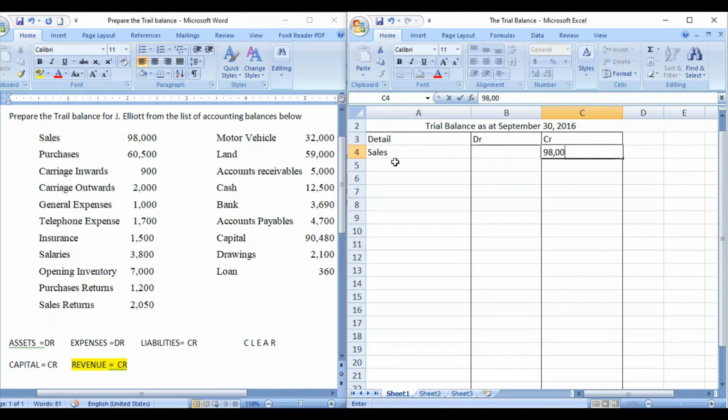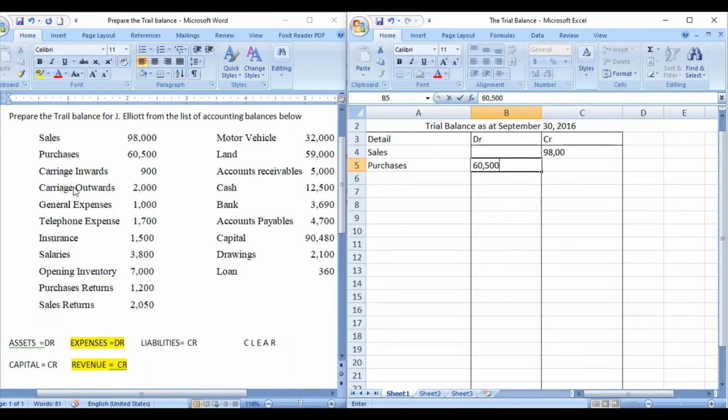Then our next account is purchases. When you purchase stock or inventory, whatever you purchase, those are expenses. So purchases is an example of an expense account, and right here we have it. Expenses carry a debit balance. It means therefore that you will debit purchases. So you go to your trial balance and you put in the detail purchases, you go to the debit column and you debit purchases of